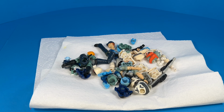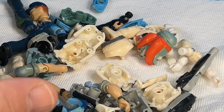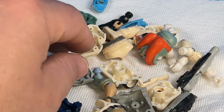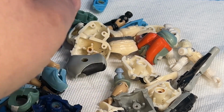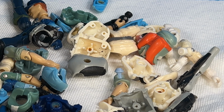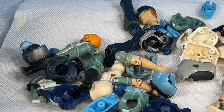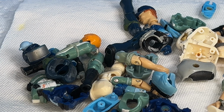Hi, in this video I'm going to be taking a look at these G.I. Joe O-ring figures. A lot of these characters I had as a child, but these aren't my childhood figures. I had a lot of these, and these were super yellow. I got these in a couple different lots in the last 6 months, and I spent a month and a half whitening them, and now we're going to see how that whitening looked, and we're going to fix these figures